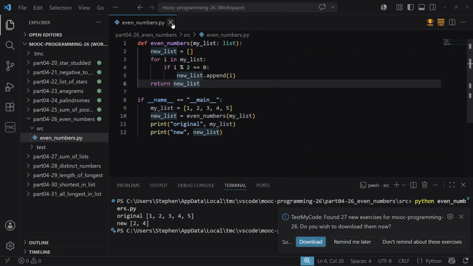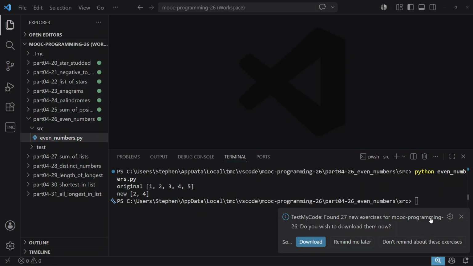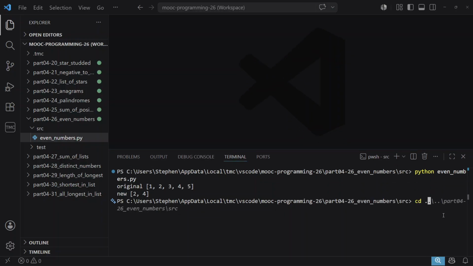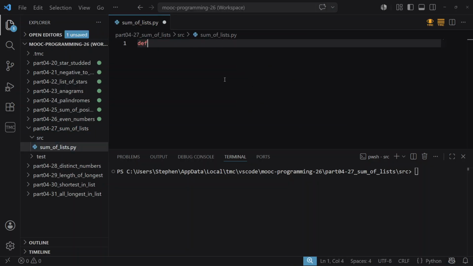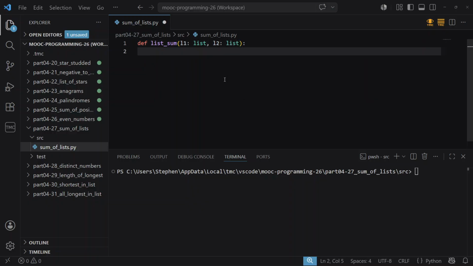So let me close this, close that. Just gonna make this a little bit taller. Gonna change directory into exercise 27, sum of lists, go into the source folder. We can go ahead and close this, open that, define our function here called list_sum, which takes in two lists, so L1 and L2. Then what we're going to do is